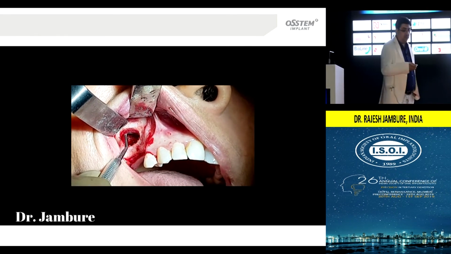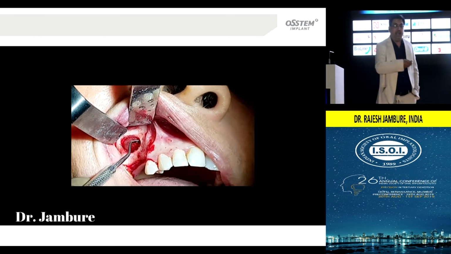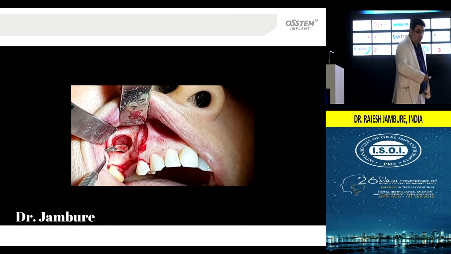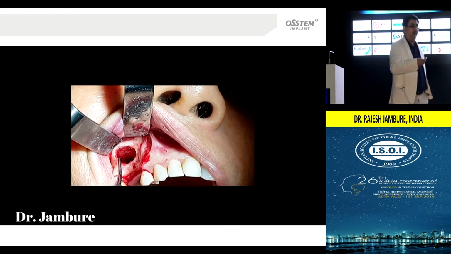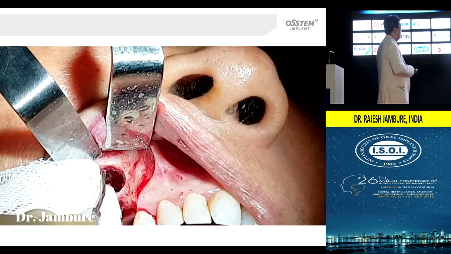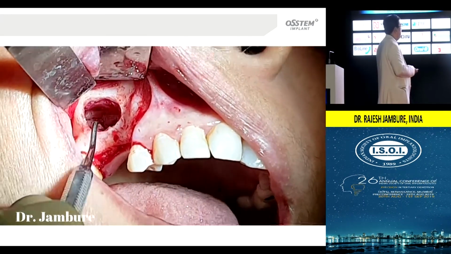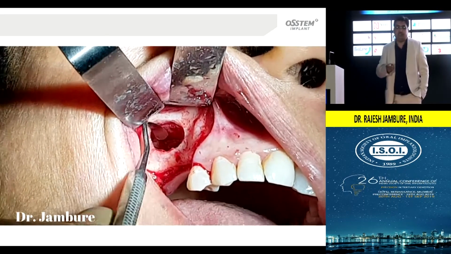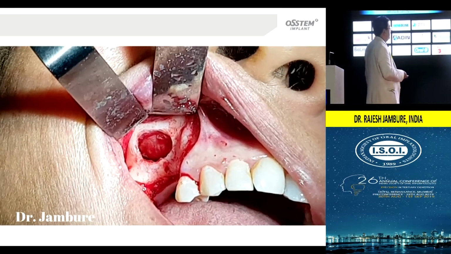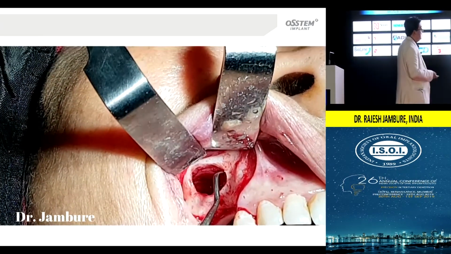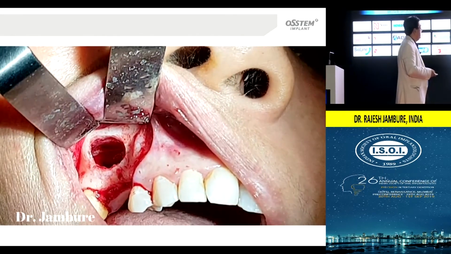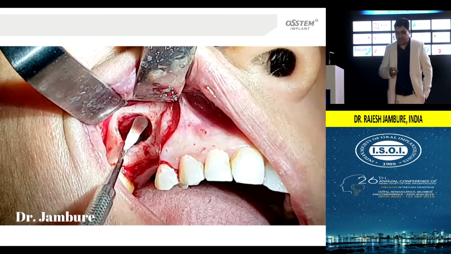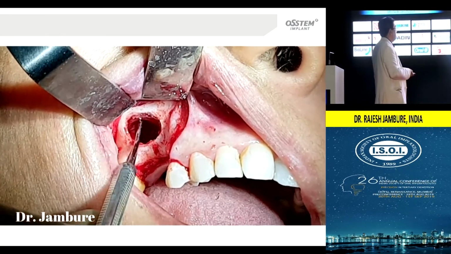So we try to lift the membrane from all the sides, anterior, posterior, towards the crestal area, and most important is the medial wall reflection. You can see here, the medial wall reflection is done completely, so that we can actually see the medial wall. If you are covering everything, that means you are getting blood supply from all the sides. Again, you can confirm and see the perforations, if at all. And then finally the grafting and placement of the implant, which is again the routine protocol we follow.